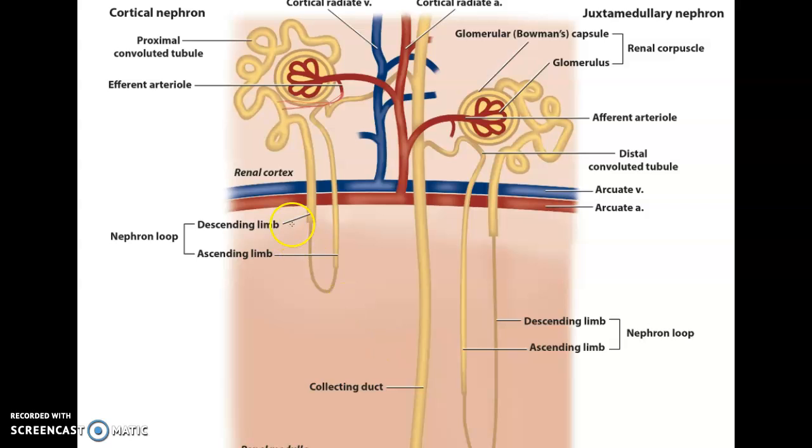Then what also bugs me about this picture is this thin loop here is a different color than everything else. And at first I was just going to say, oh, just make everything the same color. But I was thinking, since we're learning the parts of the nephron, make these different things: proximal convoluted tubule, descending limb, ascending limb, distal convoluted tubule, different colors. So maybe make the proximal convoluted tubule, I see what they did there,